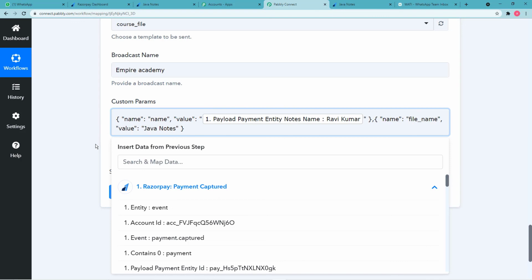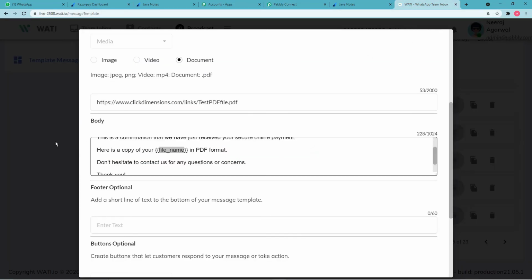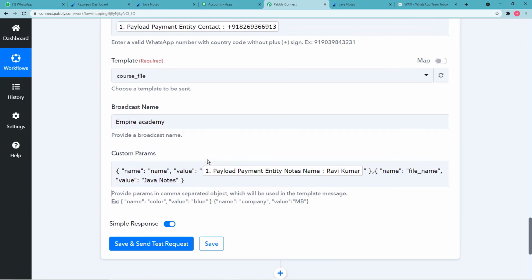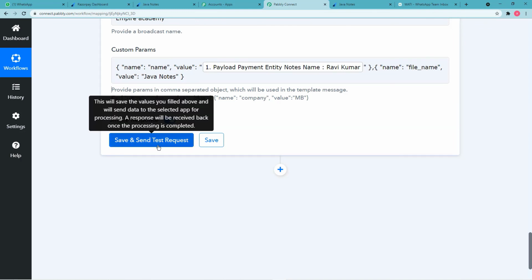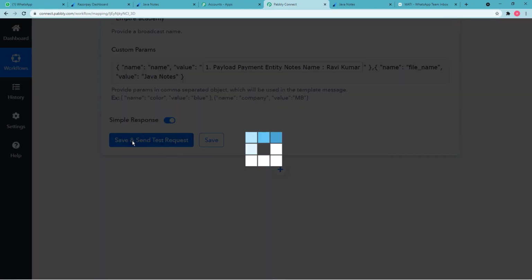All right, now we put the value of our parameter like this. So we have only two variables or two parameters in our template. So we are done mapping the value of the custom parameters. And our workflow is completed. Now when I click on this save and send test request, it will send this data that we have to the WhatsApp account of our respective students. So when I click here,